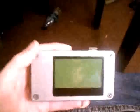The original plan was to use this button up here to basically put it in sleep mode. So you never actually turn it off, you would just charge it, and then when you weren't using it, you hold down this button, put it to sleep, because the ATmega328 can go into this really low power mode and then wait for an interrupt, and then once the interrupt is triggered, it will wake back up again. So when it's in sleep mode, it's only consuming like nanoamps, so the battery would last a really long